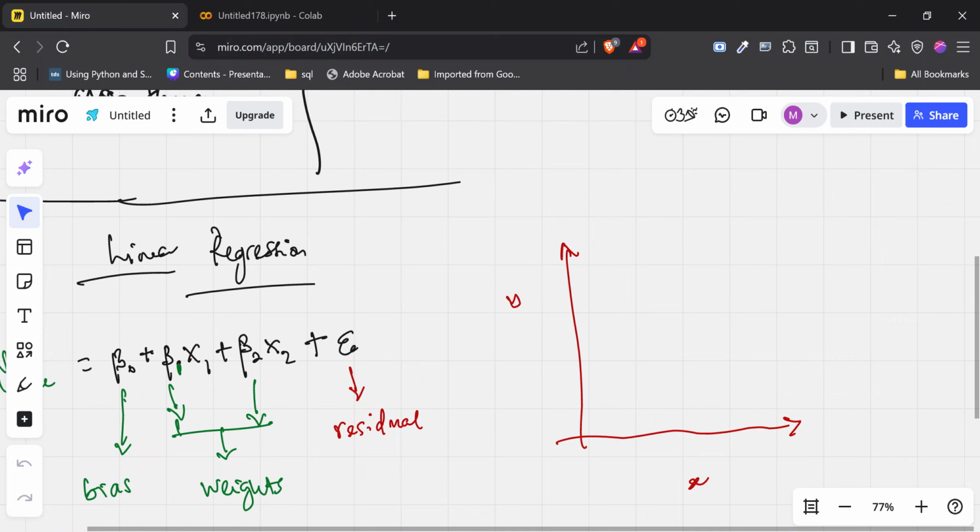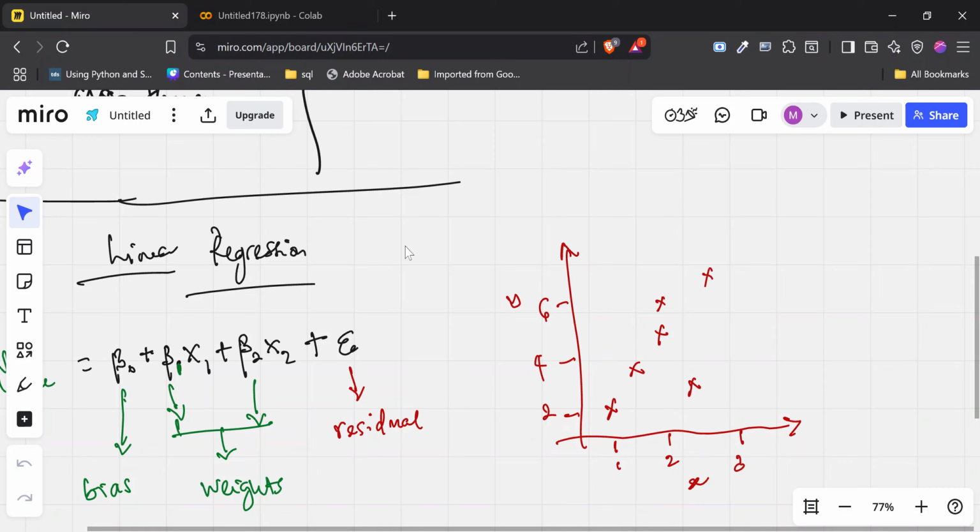Let's say when x equals 1, 2, 3, and this is 2, 4, 6, something like that. So if we have one here, I have another here, I have another here, I have one here again, and let's say one here.